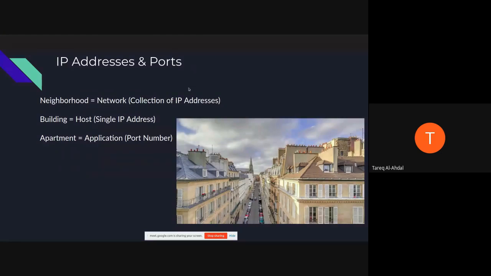Let's now talk about something else which is very important in pen testing, networking and computer science in general, which is IP addresses and ports. A good analogy, if you have trouble differentiating between the two: think of the network like a neighborhood. In the neighborhood, you will have multiple buildings. These are the IP addresses. So let's say this is a representation of a network. Each building is